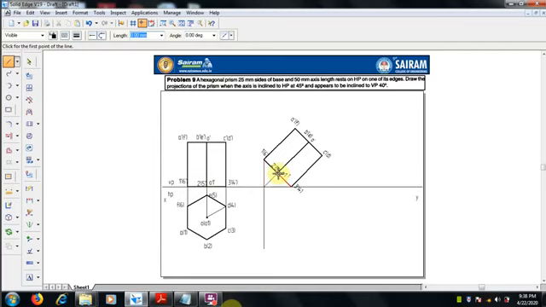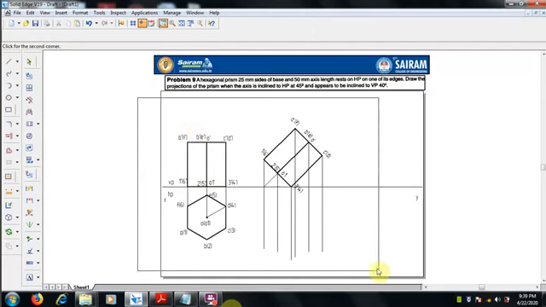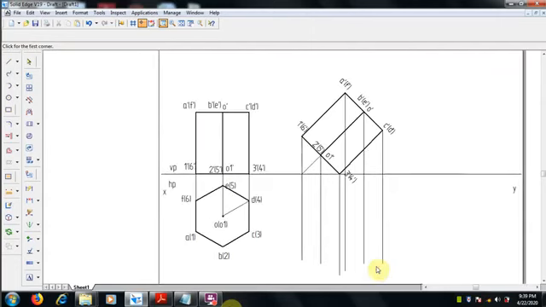For drawing the top view after the inclination, we have to make project lines from each of the corners, so that we will get this.